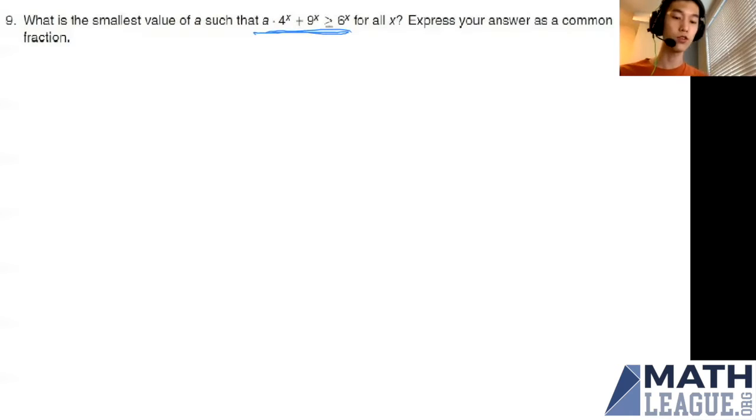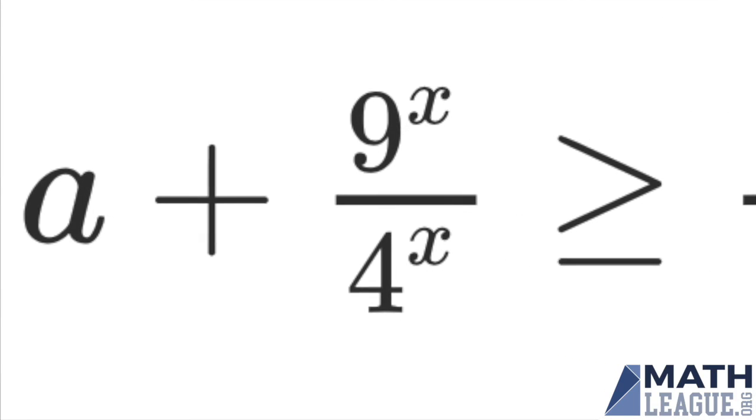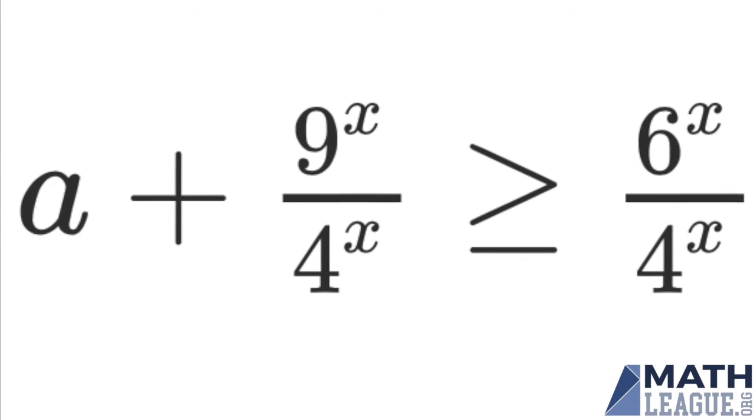First thing that you'll need to know for this problem is you have a bunch of exponentials, right? Like something to the power of x. And we have lots of them. We have 3 of them. And we'd like to get rid of some of them, right? So the first thing we can do is divide everything by 4 to the x, because that does 2 things. That gets rid of one of them, and that gets this A all nice and isolated. So we have A plus 9 to the x over 4 to the x is greater than or equal to 6 to the x over 4 to the x.